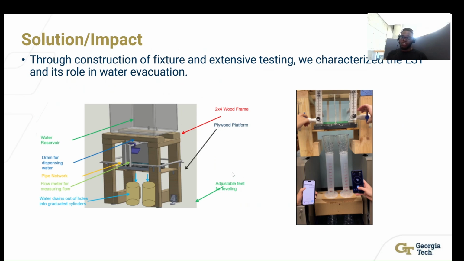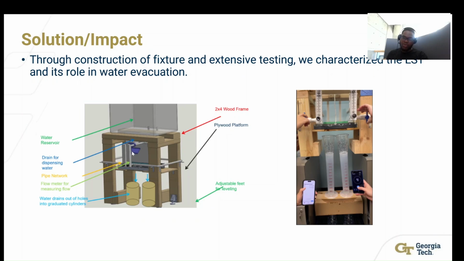So going into our solution, we designed this test fixture. Our innovative test fixture has all of these different components. We have the water reservoir, which is where we were holding the water that would go through the system. We held up to 6 gallons at a time. The entire fixture was constructed out of a 2x4 frame. We had openings right here in the reservoir for draining the